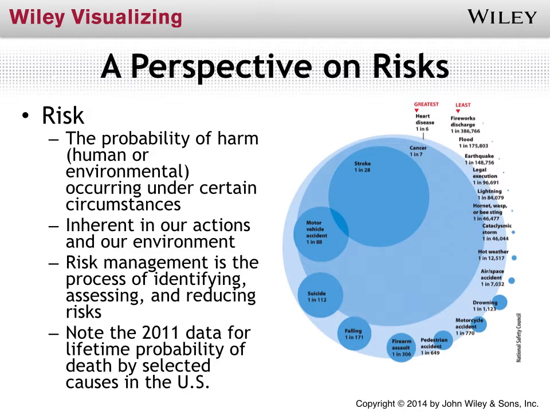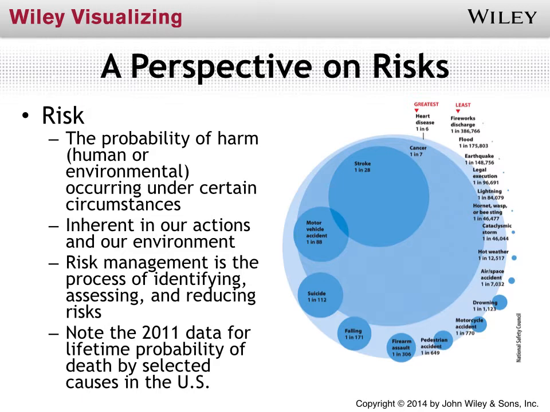But if you compare the probability of dying in an air accident at 1 in 7,000, and then you look farther to the left of this figure, you actually have a 1 in 88 chance of dying in a motor vehicle accident. So you have about 100 times greater probability of dying in a car accident than a plane accident. But again, we perceive being in a plane as being much more dangerous.